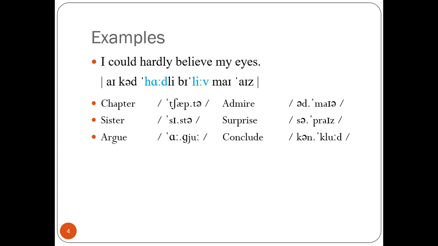So in these three pairs, on the left side, chapter, sister, and argue, the first syllables are stressed, and opposite to them we have got example words where the second syllable, or the final syllable, is stressed, okay. So you have to keep this in mind, that we stress some syllables, okay. If we put stress on the wrong syllable, what happens? Look at here, this is also a problem. For example, if I say, suppose